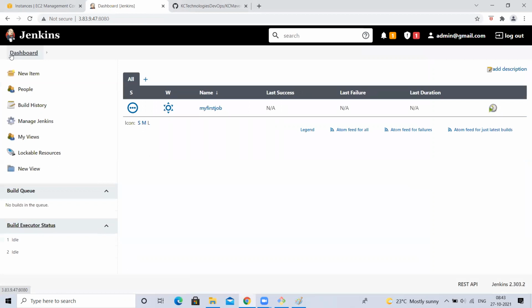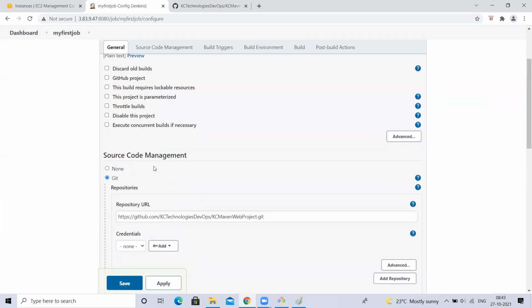I'll go to the Jenkins dashboard. See here, earlier there was only the new item, create job text. Now I created a job. This job is there. Now let me edit it. How to go back to that is, just click on this drop down, go to configure. Configure is nothing but edit. Now I'm going here, right?